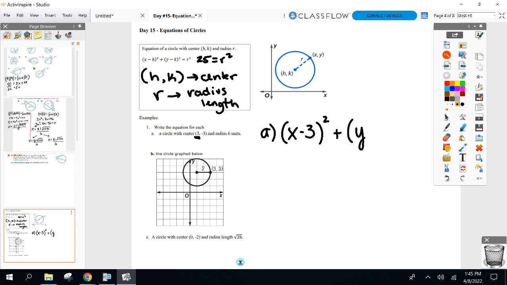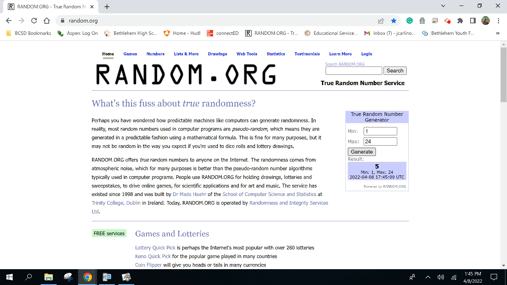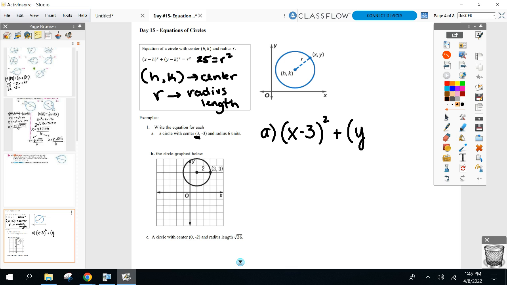Next up, what's my Y coordinate of the center? 5. Okay, so you guys think about this. I'm about to plug -3 in for K. So what's this going to be now? Y plus 3 squared. See where I got the plus? Because I'm doing Y minus a -3, which becomes plus 3. Equals, I don't want to put a 6 here. I want to put the R value squared. So instead I'll put